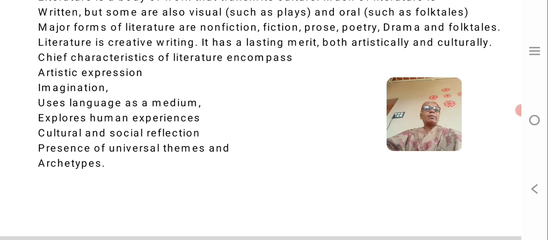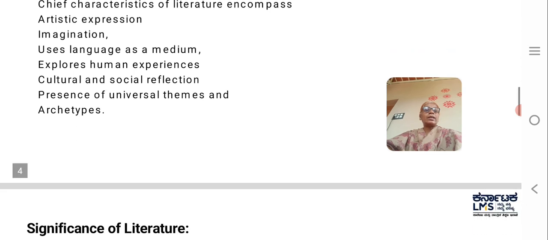Works can be classified based on the historical period in which they are written. We often refer to Victorian literature, Romantic literature, or modern literature, etc. Some literature can be grouped based on the country or culture from which they originate. For example, French literature, Japanese literature, etc. Geoffrey Chaucer is widely recognized as the father of English literature. He is celebrated for his significant contributions to the development of English as a literary language, particularly through his masterpiece, The Canterbury Tales.